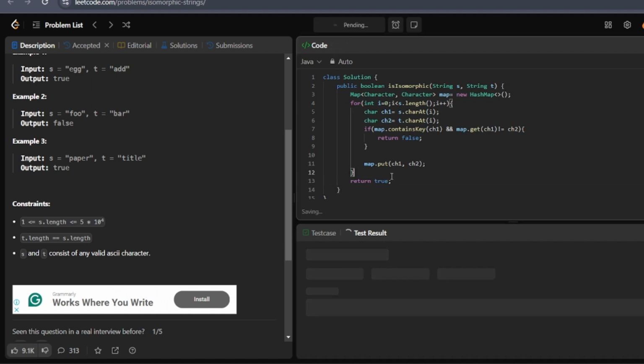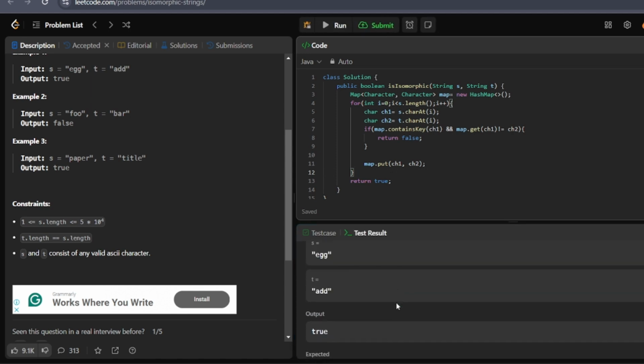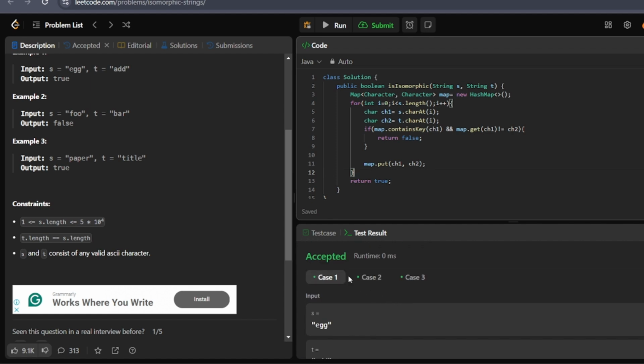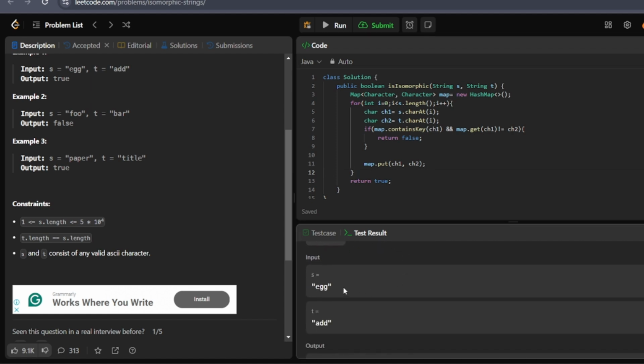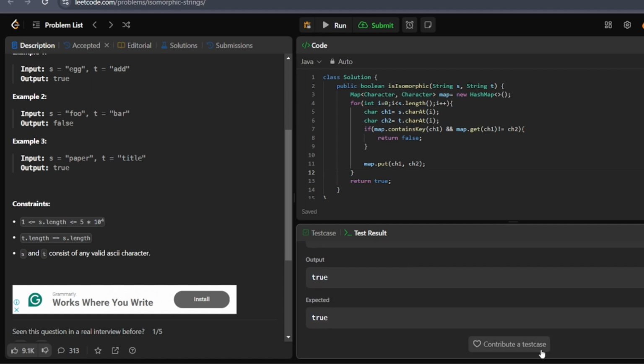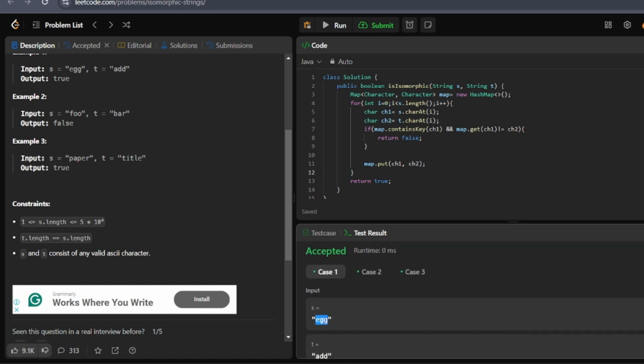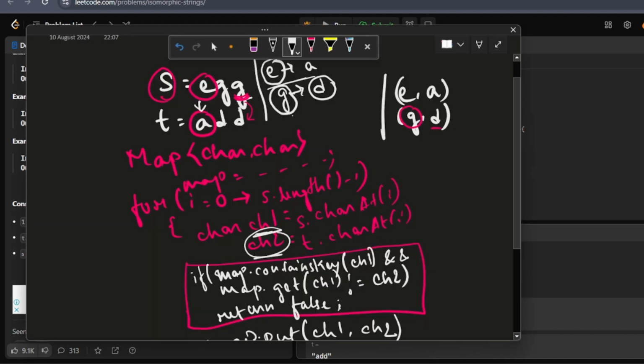Now let us check if the things are right or not. Yeah, so it is accepting all the test cases that are present, like these three cases it is running. But now I'll show you that this will actually not run if we are having a case like, let's say, s equals ABCD and t equals AB,